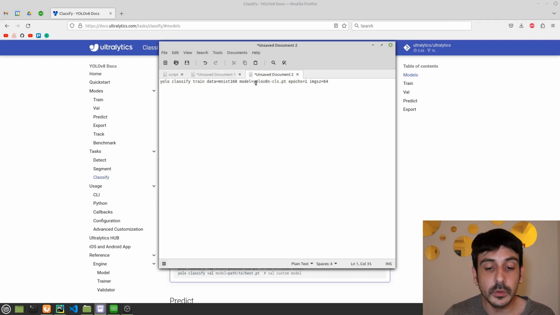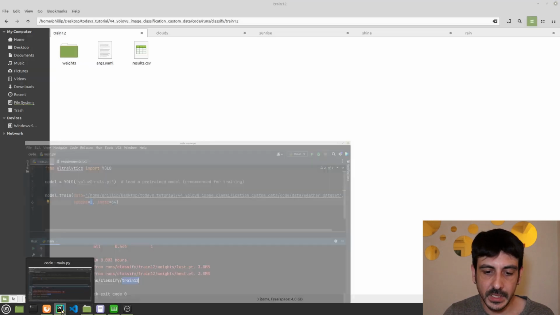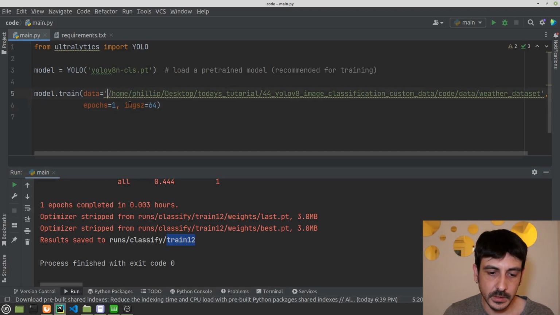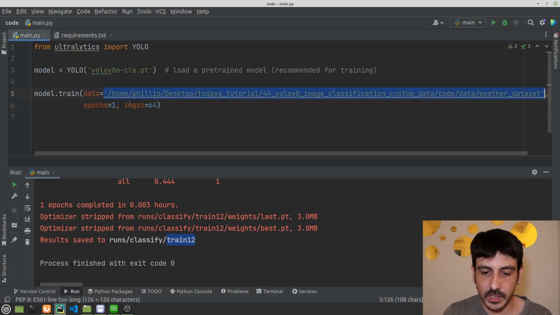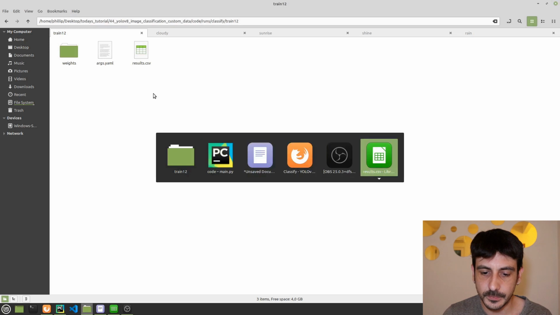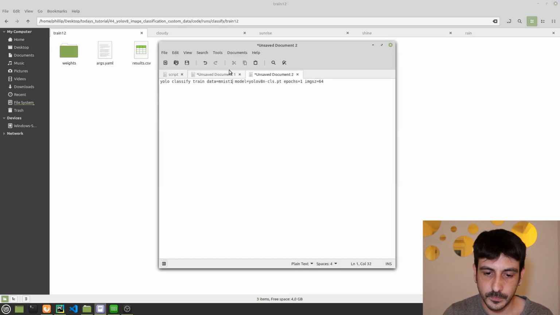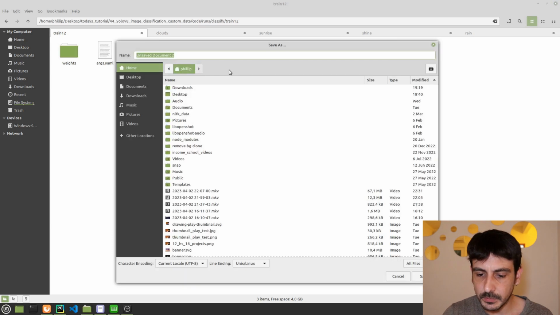This is exactly the model I'm going to use, so I'm not going to edit this keyword either, and then I'm going to edit this argument, and I'm just going to say this is the absolute path to my data. So this is going to be exactly the same as I have over here. Something like this. Okay, and that's pretty much all.